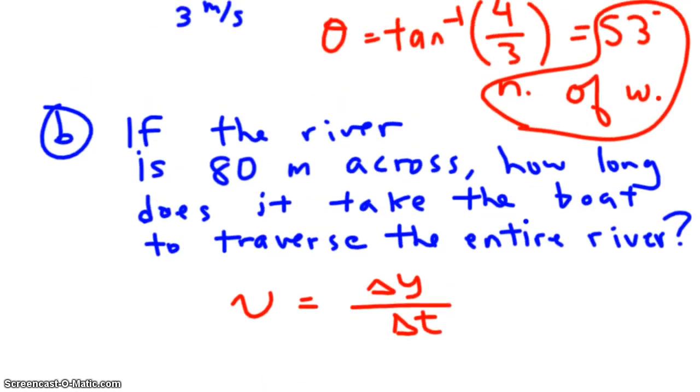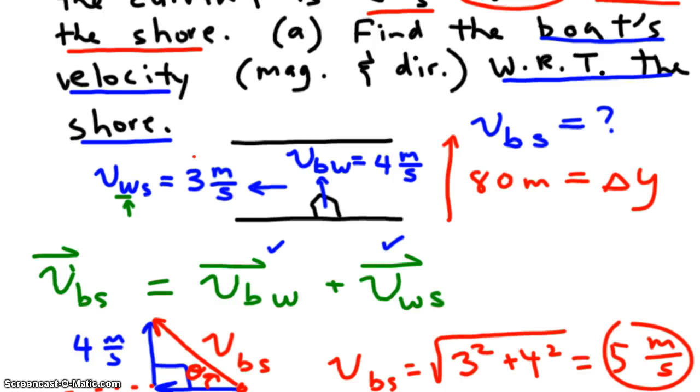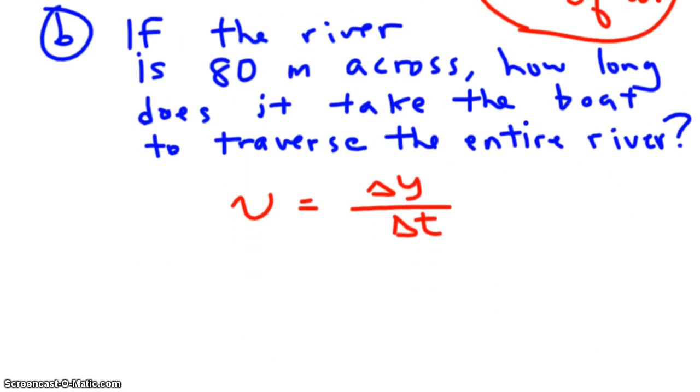But what velocity do we use? I mean, we have 3, we have 4, and then we have the 5, the resultant. You select the velocity which is in the same direction as the given displacement. Here, we have a y-axis displacement, so we have to choose the y-axis velocity, which lies on the y-axis. So we use 4 meters per second. So we plug in the value V